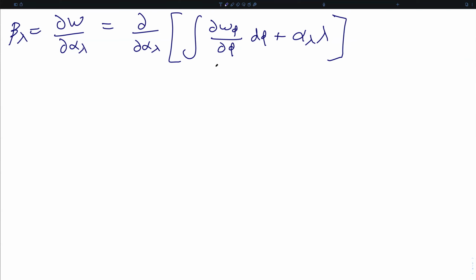We do the same thing that we've now done twice before. We substitute for this term the original conjugate momenta of phi, which you will recall had the form. And I will stop and note here that we needed to include W phi, but not W sub r, because W phi actually has an alpha lambda term in it, whereas W r is independent of alpha lambda. We bring the partial derivative inside of the integrand and also take the partial of this last term, and we find